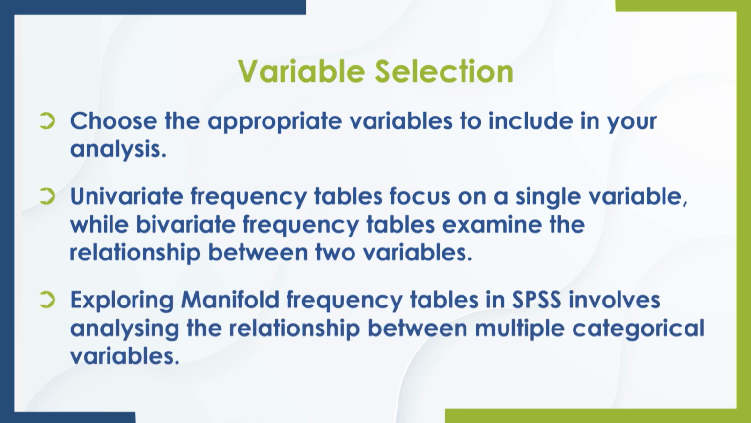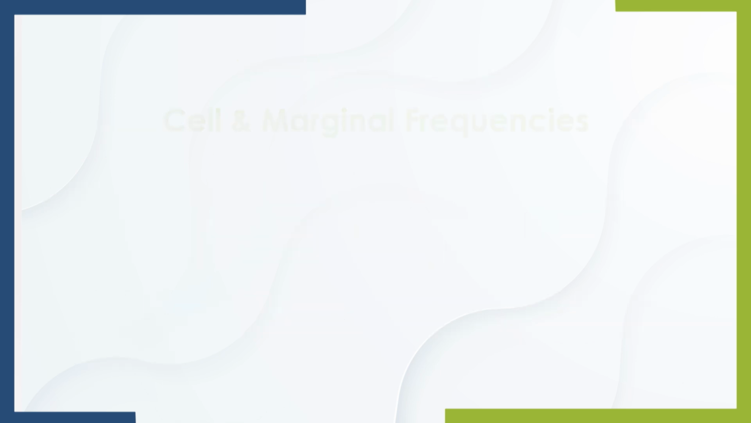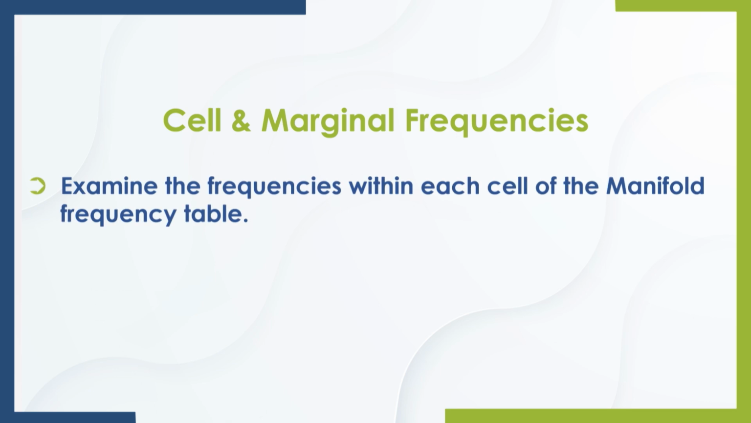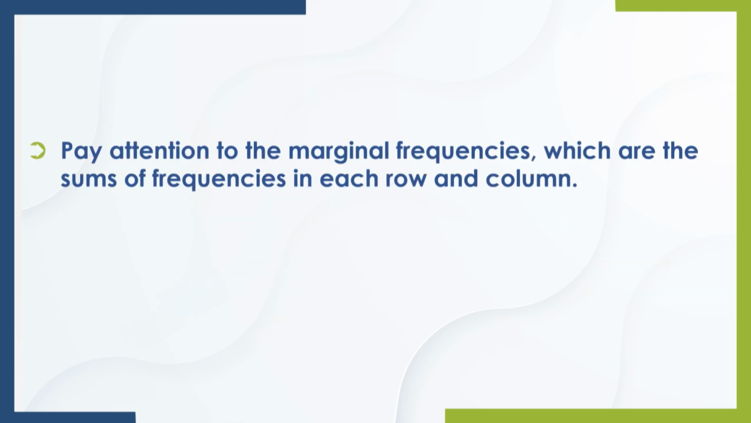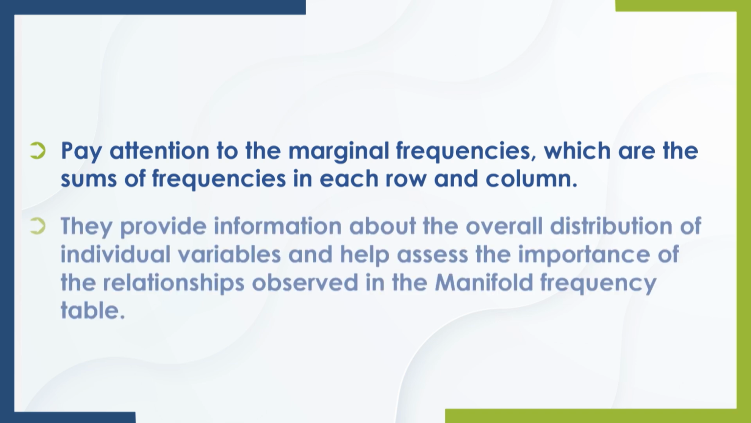Exploring manifold frequency tables in SPSS involves analyzing the relationship between multiple categorical variables. Cell and marginal frequencies. Examine the frequencies within each cell of the manifold frequency table. These frequencies represent the count or proportion of the cases that fall into specific combinations of categories across the variables. Pay attention to the marginal frequencies, which are the sums of frequencies in each row and column. They provide information about the overall distribution of individual variables and help assess the importance of the relationships observed in